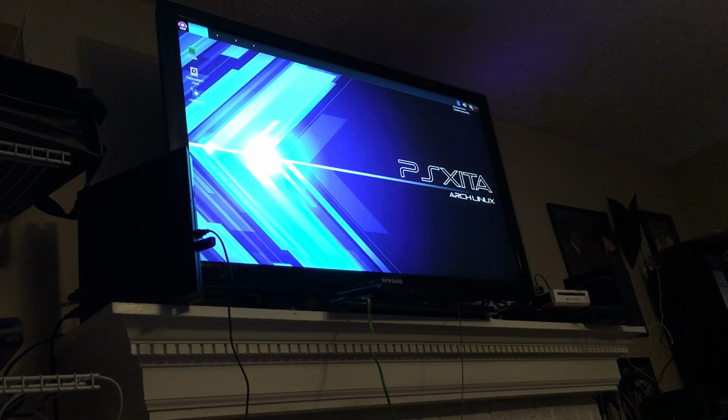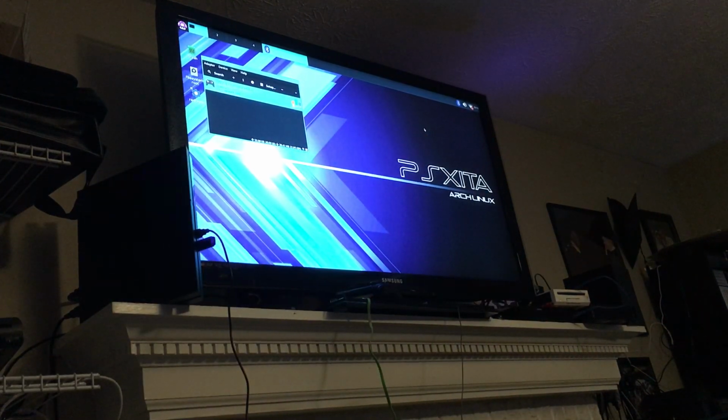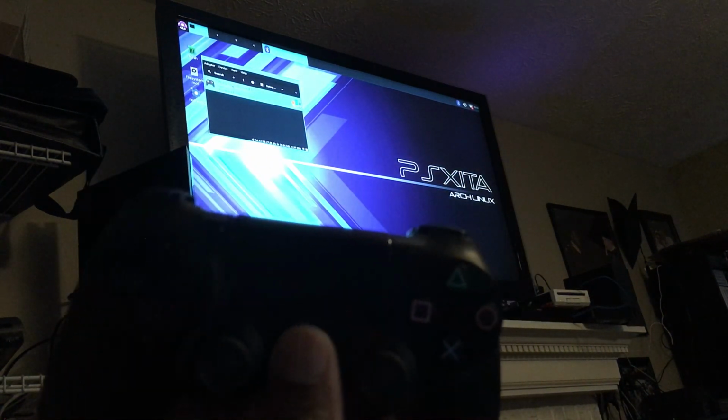Okay, so let's go to the Bluetooth icon real quick. Just double click on it. You can use your controller, or you can use a wireless keyboard like I have here. I use either one. They're both uncomfortable to use, or you can use a wireless keyboard and mouse, whatever you choose to use. Anyways, open the Bluetooth icon, and before you do anything in this window, okay, on your controller,